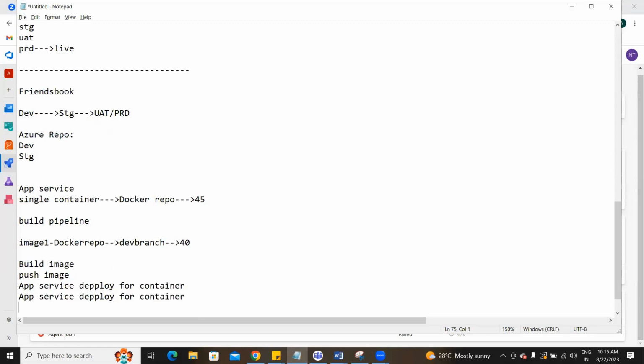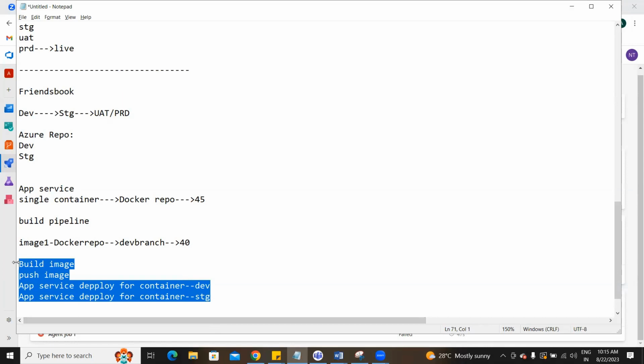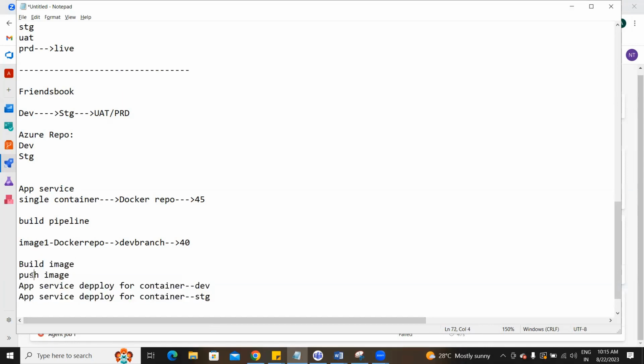We'll clone this job, and when we are running, we'll keep a setting. If I'm telling it to go with the dev, this is stage, right? At the time of running, when I tell it to go with the dev, these two will run automatically. Every time it runs, what will change? Build ID will change. Image name will change, right? And the same image will get used in your application. If I go with the dev, it'll run the dev. This will get bypassed. Not fail, skip.